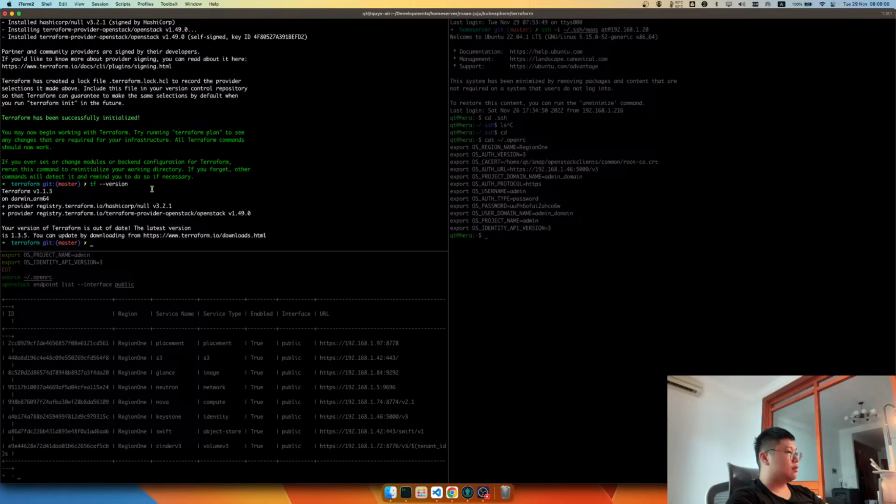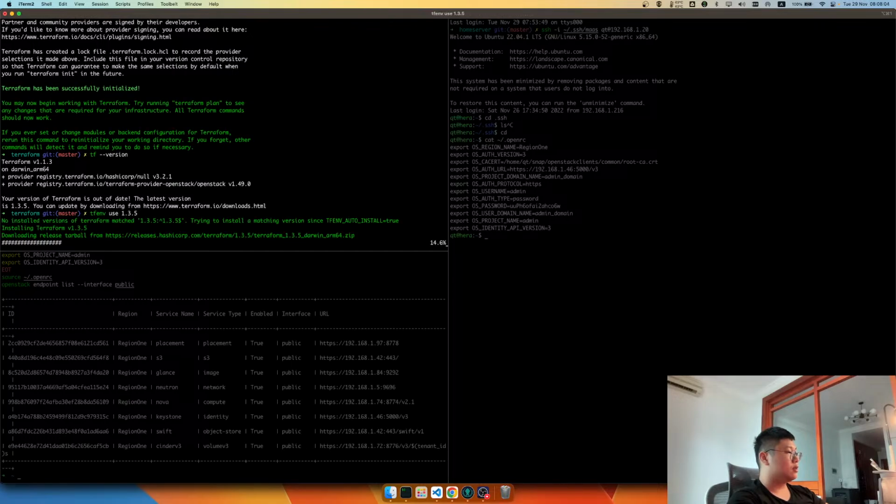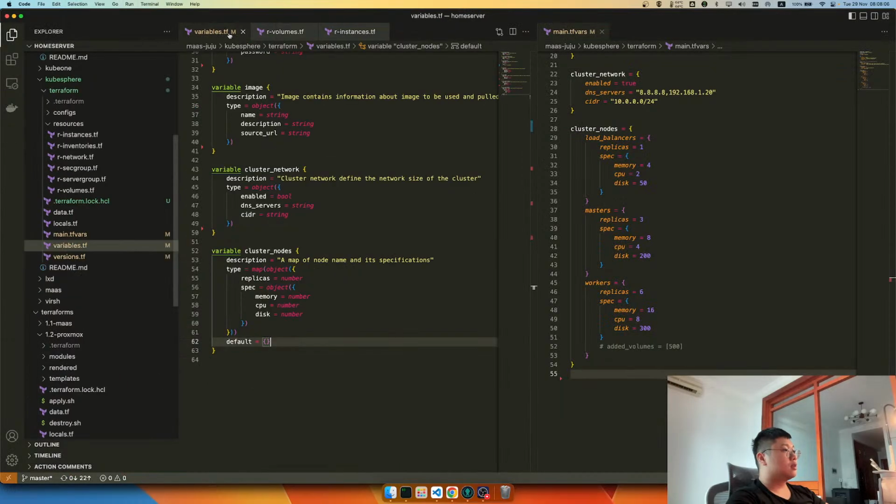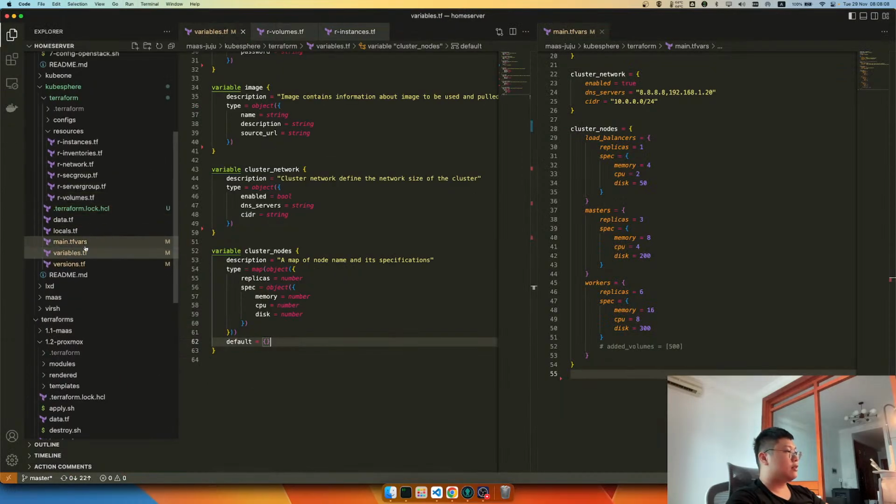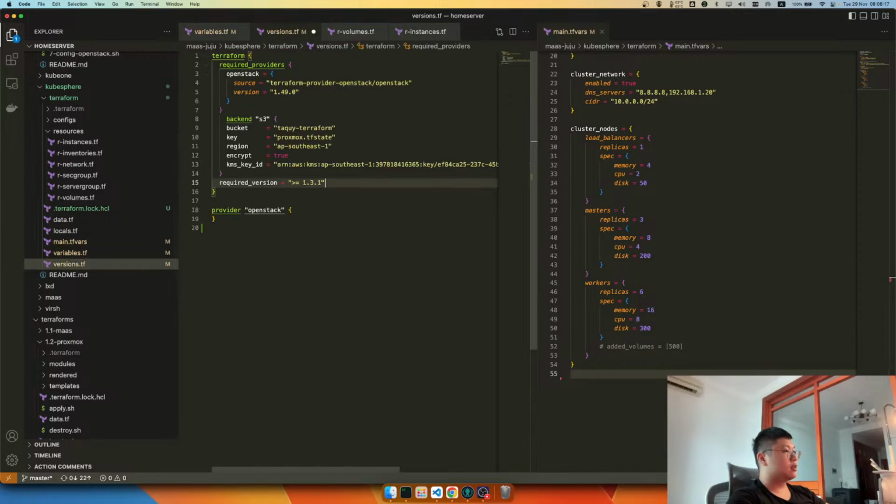So right now you can try to update the version for a second, and then we will see how it works for all of us. So the version is require some backend, and then